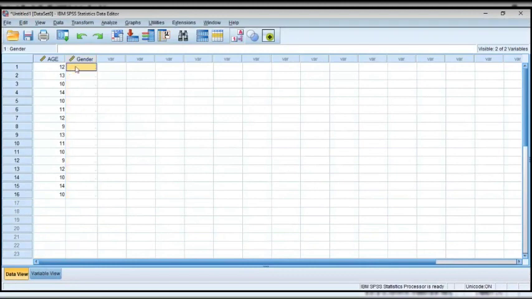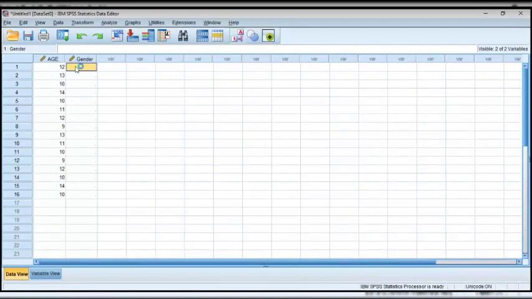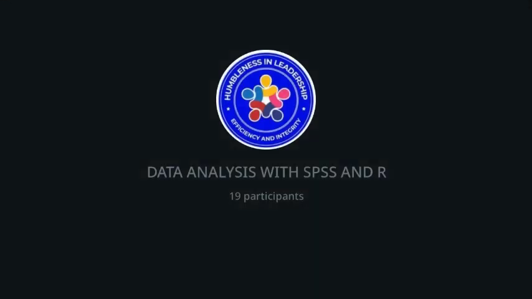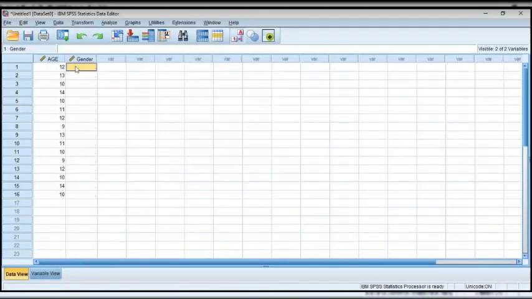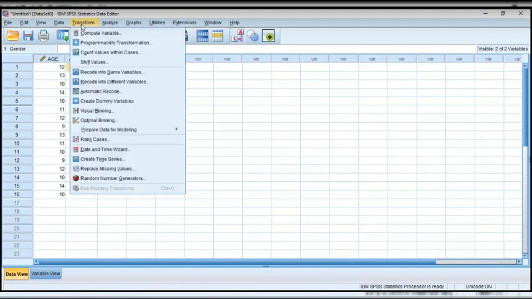Now, for this particular variable, I don't want to type it in. I want us to simulate data for the gender randomly. I want us to simulate male and female randomly. And that takes us to simulation. I said I will be taking everything in between themselves. Now, I want to have a random set of genders for the gender. I'll be coming to transform.